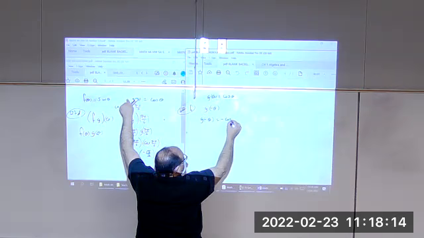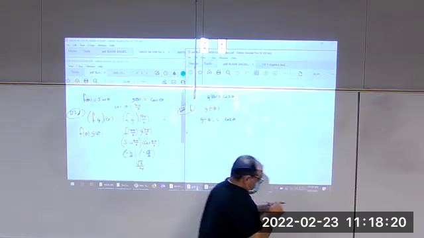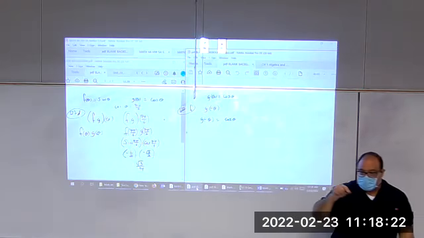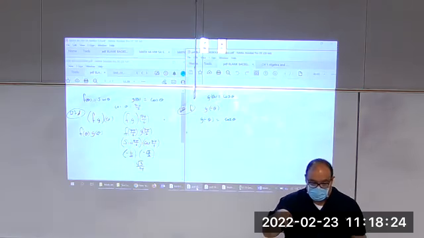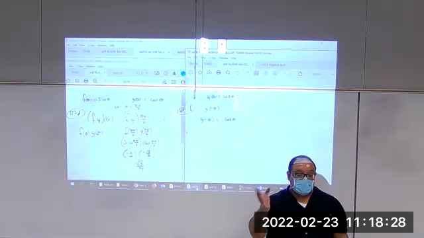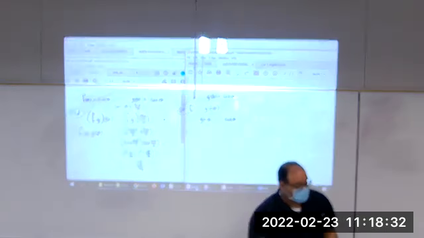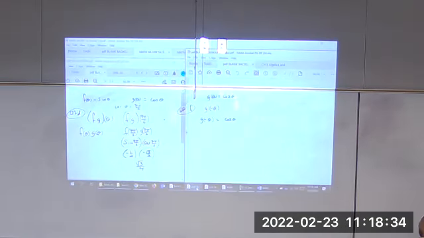Positive. Sine and tangent, secant, or cosecant and cotangent, they are the opposites. So on the little handout I gave you,